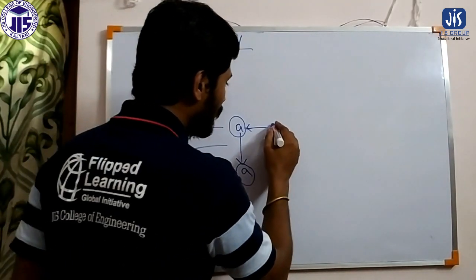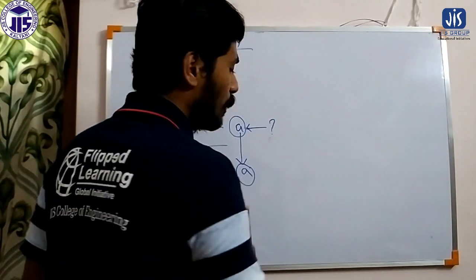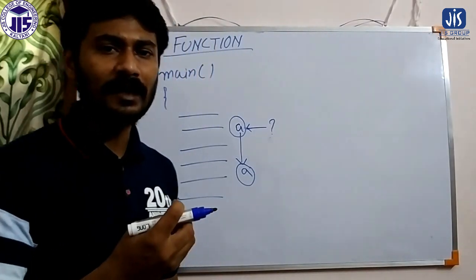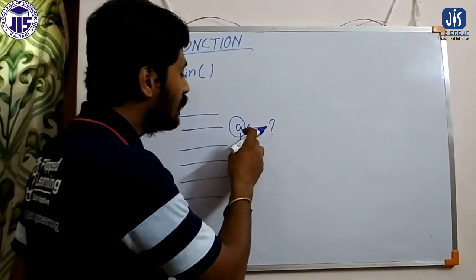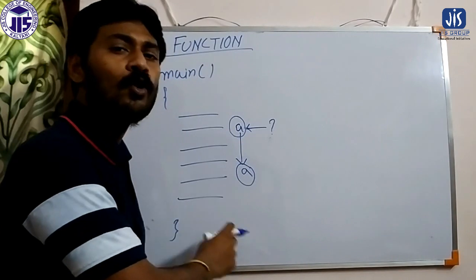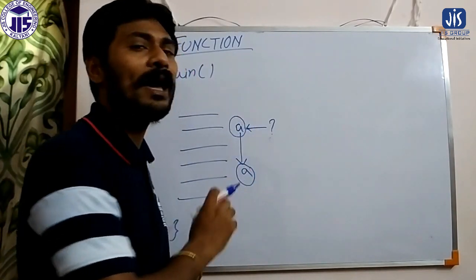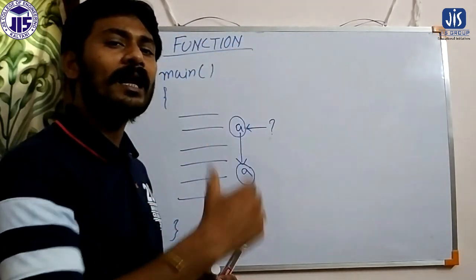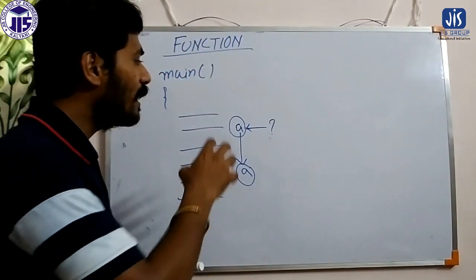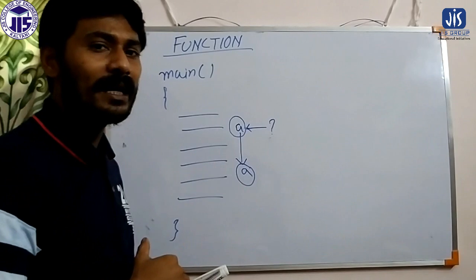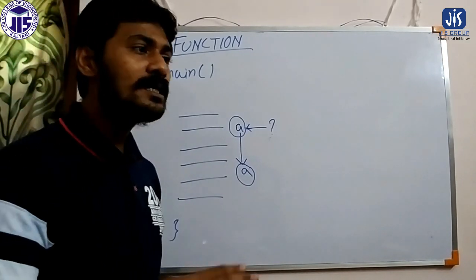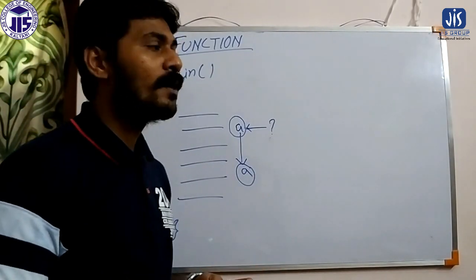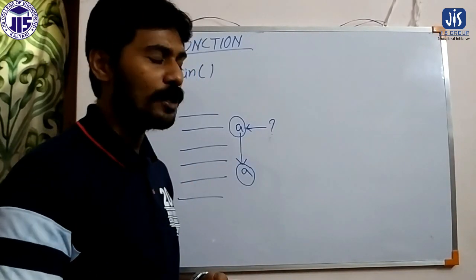Now if there is any error in this statement, that means the value of a which we have generated is wrong, then this wrong value will affect the whole program where we are using this value of a. So basically one statement is depending on another statement. So to identify the error and rectify the error in a large program is a very complex process. That is a very important point.